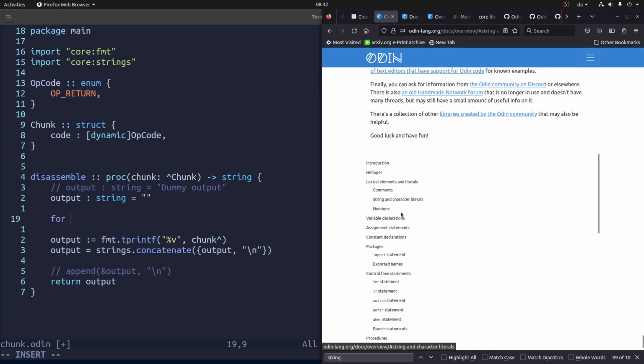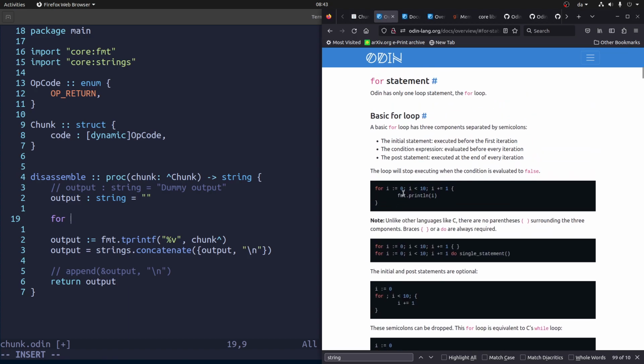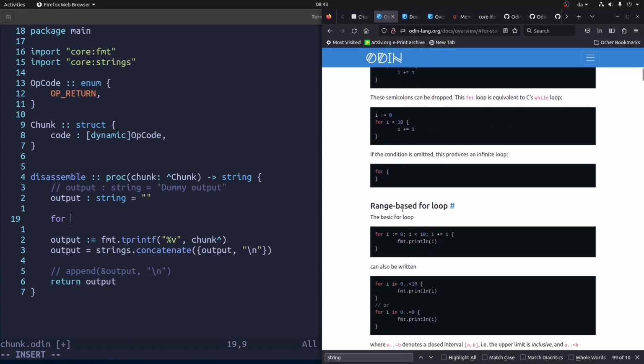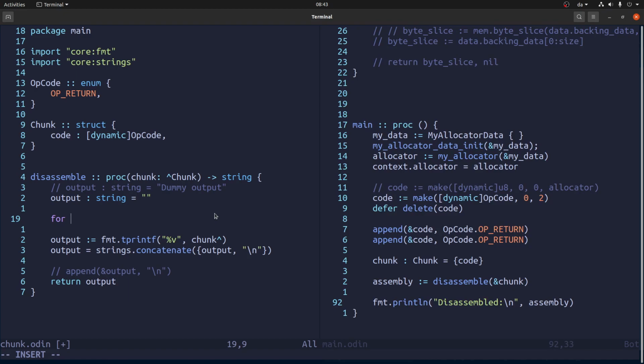Yes. Control flow, for statement. Certain built-in types can be iterated over. So let's say for byte instruction in chunk.code,